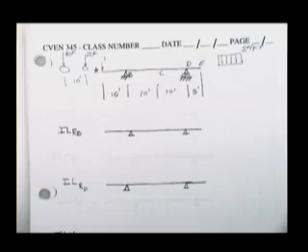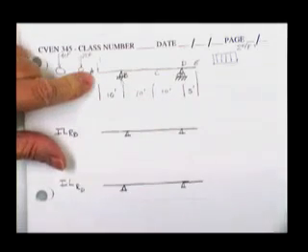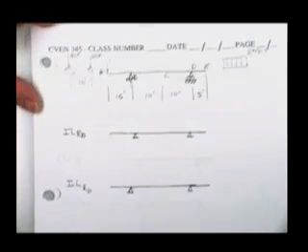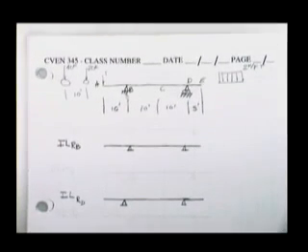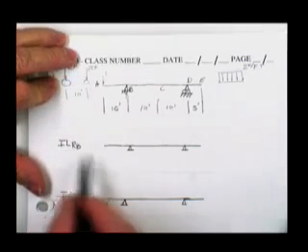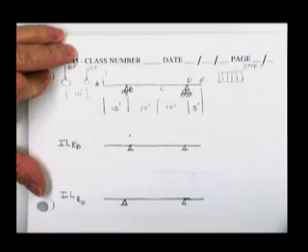You can put a unit load on the structure and solve for the reaction at B. Then you can move it to a new location and solve for the reaction at B. And then move it to a new location and solve again. And you can plot those points, and that'll be the influence line for the reaction at B. Or you can distort the reaction at B a unit amount, and the structure will turn into its own influence line. So the influence line for the reaction at B, if you distort the reaction at B by the number 1,